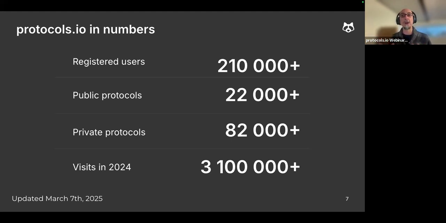These private protocols are not published. The public protocols are all open access, which means they are fully searchable and free to read, use, and reuse. Last year alone, these 22,000 public protocols had over 3 million readers.